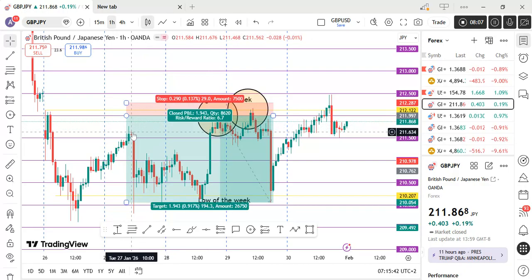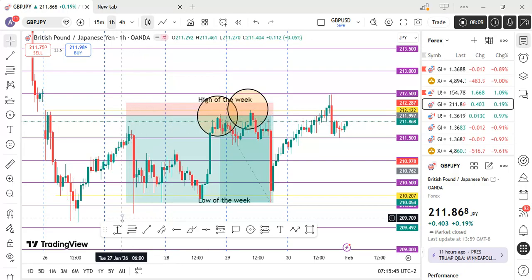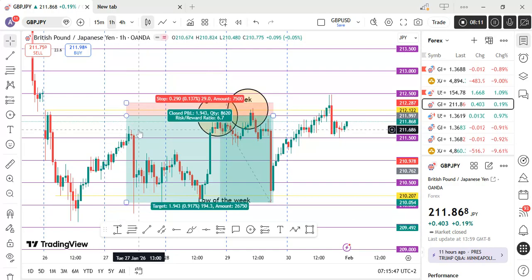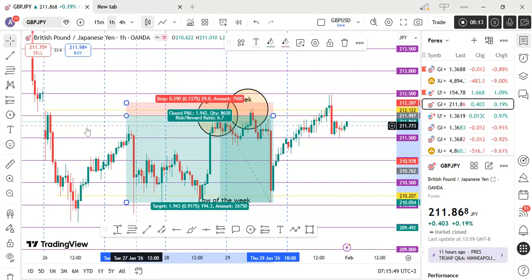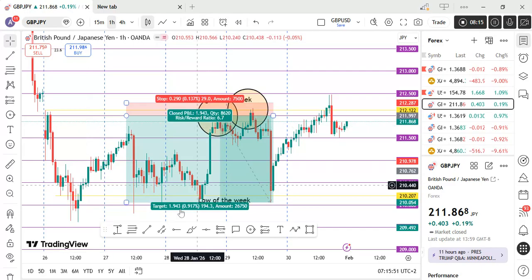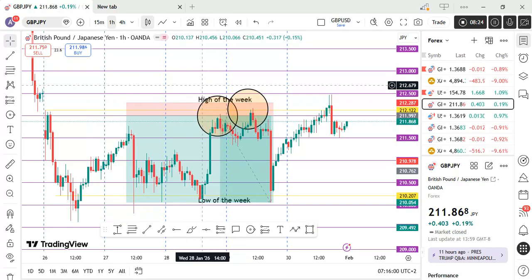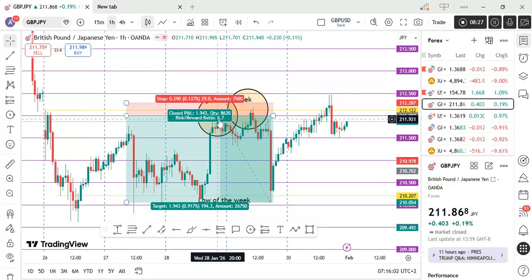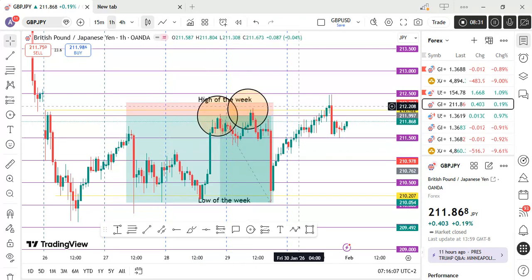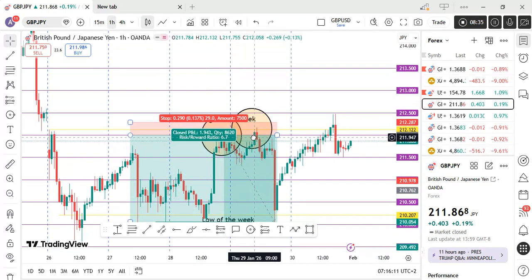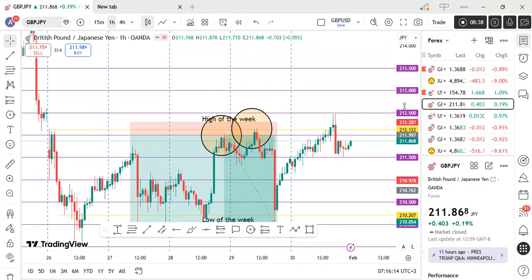But from that day I mentioned it, price never triggered this level. Price just went ahead and got to TP from that day. Then we saw that price eventually got back, did some consolidation, and what happened? Price eventually pushed back to the entry position I was anticipating, which was this level here, as you can clearly see. So this was the first entry position, and this was definitely the second entry position. When price came back to the same level, that was the entry position. So that was what happened on GBPJPY.